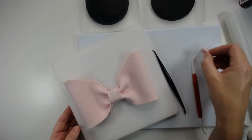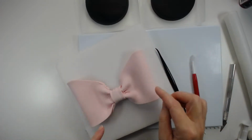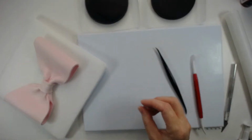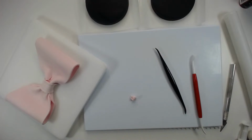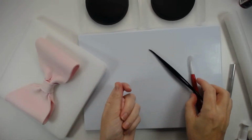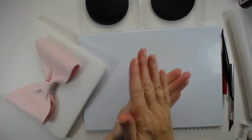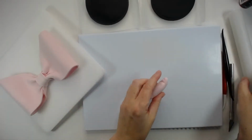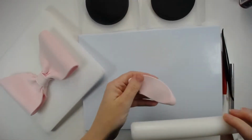Okay, what you could do is we're going to do some polka dots and stuff, and we'll finish these ears as well. What you could do is, and I do have these in the template for you as well, but just for a little bit extra, say it's not a Disney bow you're making, if it's just an ordinary bow, you could create some